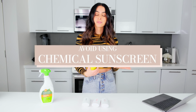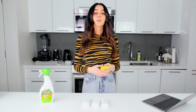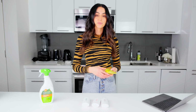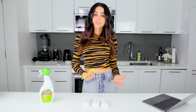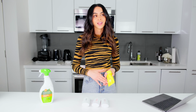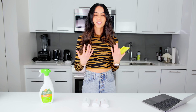I do have some videos on chemical versus physical sunscreen if you want a little brush up on that. But basically, when you use chemical sunscreen, those ingredients can mess with your hormones, whereas physical sunscreen won't. So a lot of people prefer chemical sunscreen because it doesn't always have the white residue. You know, it goes on a little bit nicer, like with your makeup, it almost feels like you're not wearing